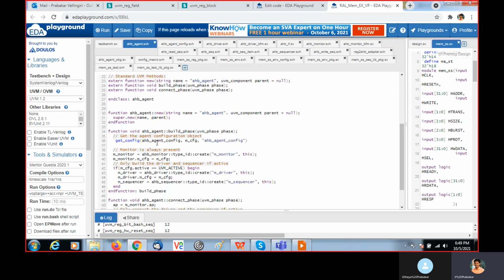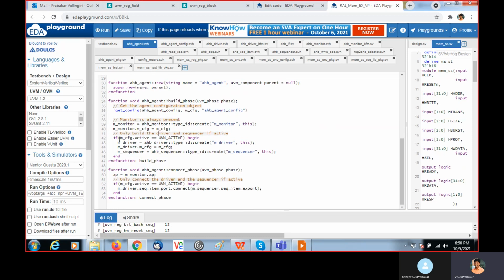So inside the build phase, we are getting the handle, just m config. We are creating the monitor, and inside the monitor we have m config that is mapped to this m config. And then we are checking config.active here. If we configure that as passive, it won't instantiate the driver and sequencer.